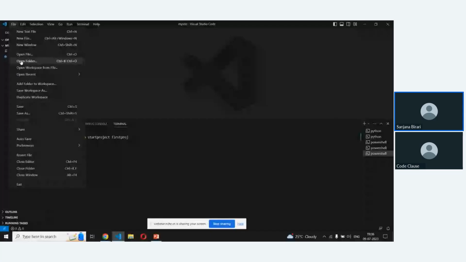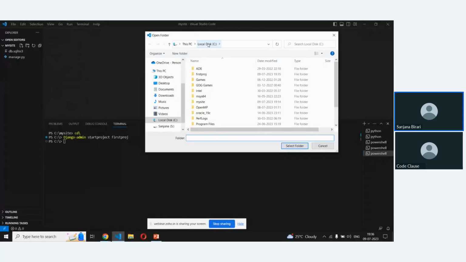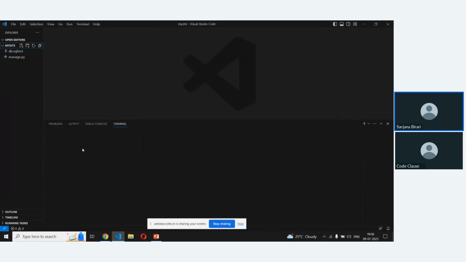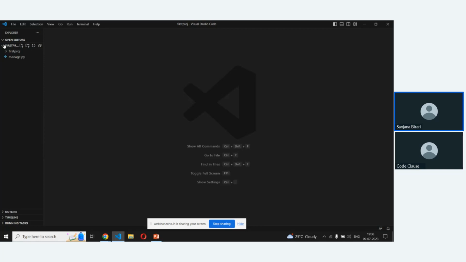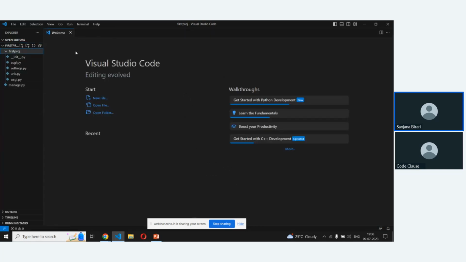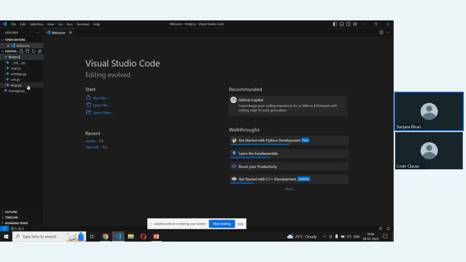So now to check that, you have to open the folder from your directories. You select that folder as you have selected the location. Here you can see some Python files. The init file defines it as a package.